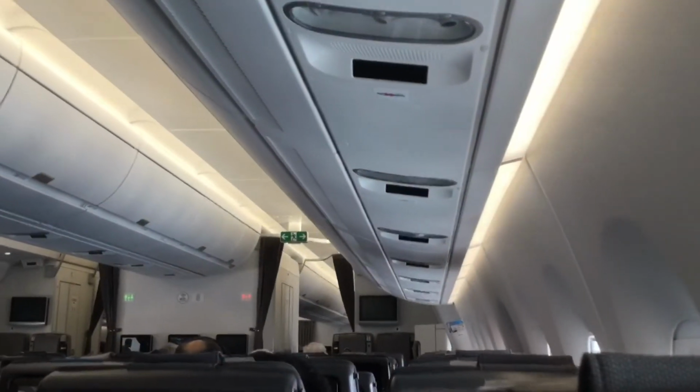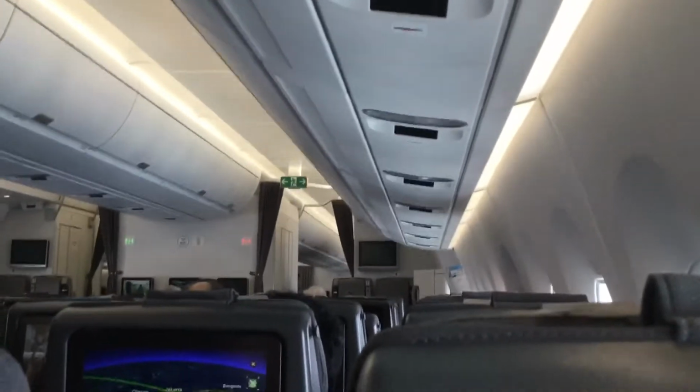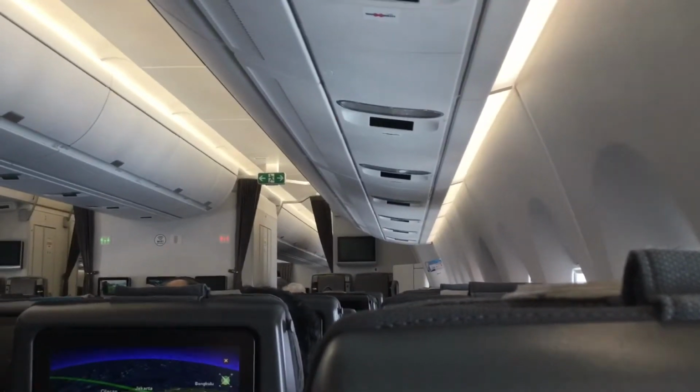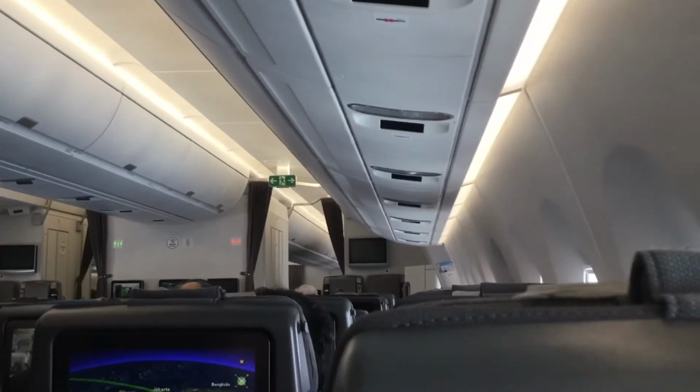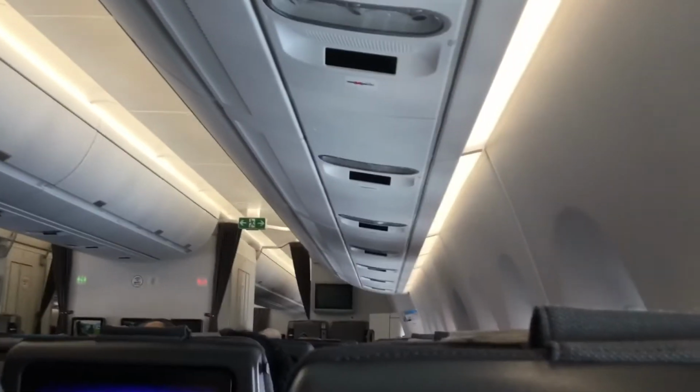The Airbus A350-900 regional has two cabins of economy class in a 3-3-3 configuration, and two cabins of business class in a 1-2-1 configuration. The other aircraft